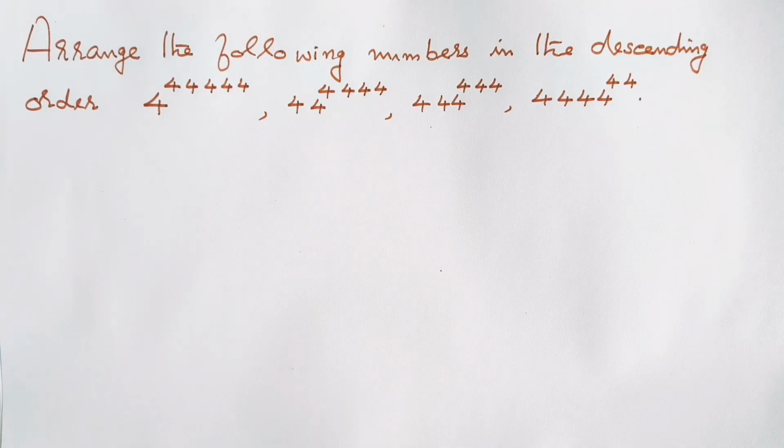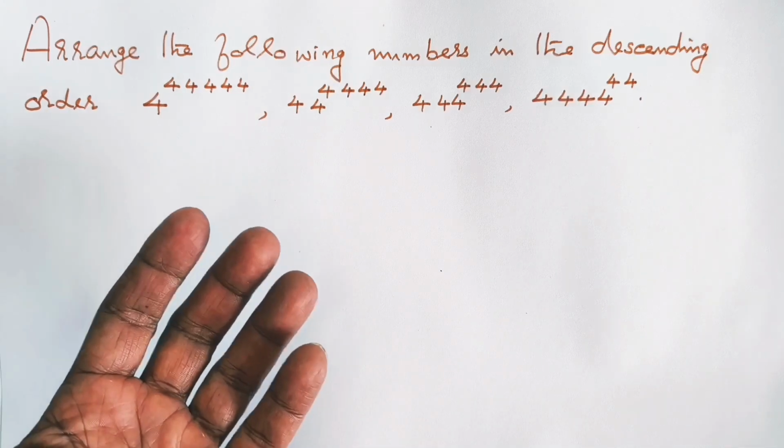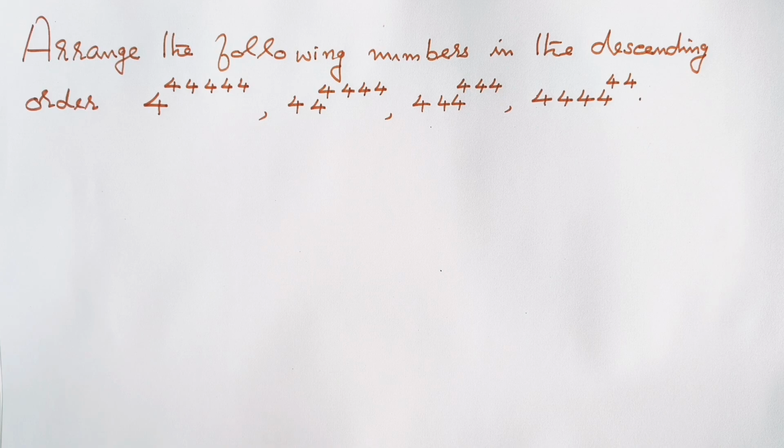Hi friends, today we are looking at an interesting problem from the law of indices or exponents. Given here are four numbers in the exponential form and we are asked to arrange them in the descending order. Let's choose the first number given here, which is 4 to the power of